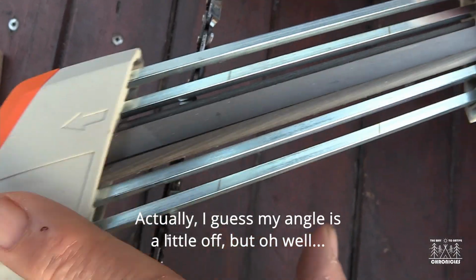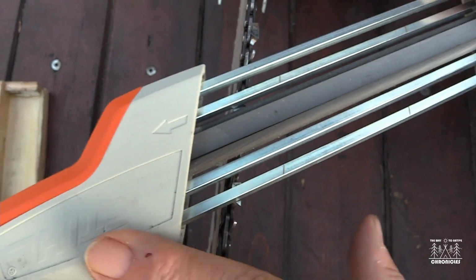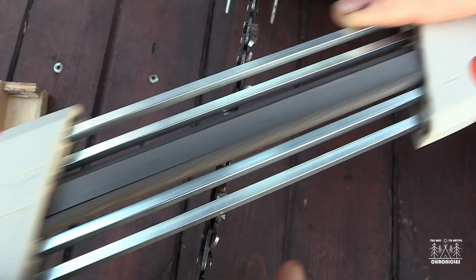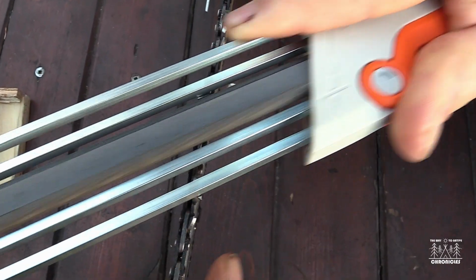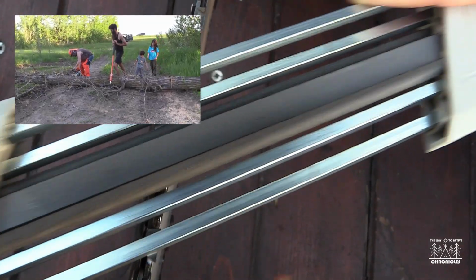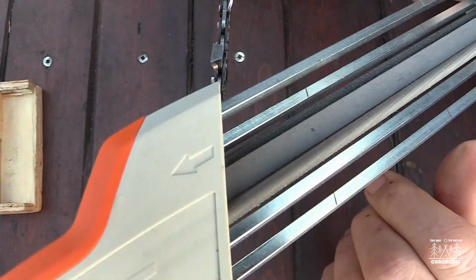Looks pretty good. And these are really good quality files on this sharpener too, which is also nice. Eventually you have to replace the files, but Stihl sells replacement files for this unit too, so that's also good. But yeah, if you hit any dirt or something like that when you're sawing, it's just gonna, it makes it, see,